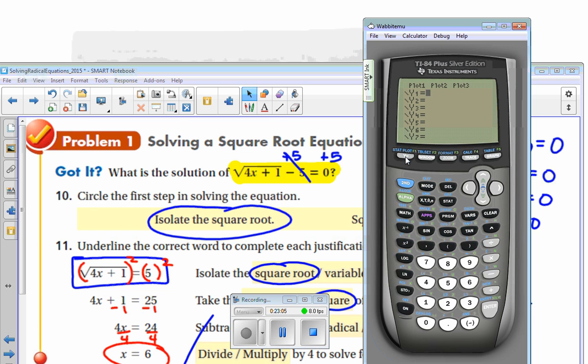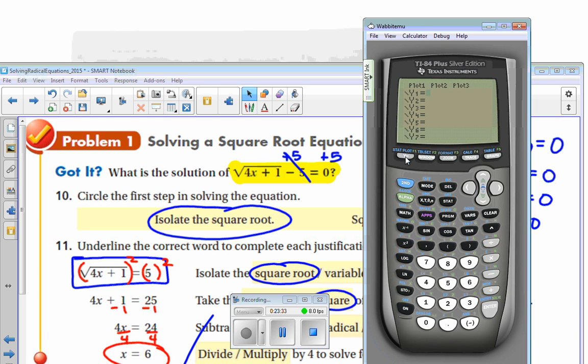Because all the squaring of both sides does is get rid of the radical. It just gives you what's underneath the radical. The square and the square root undo each other. Okay? That's all that does. That's the whole idea. Once you get the radical by itself, then you can square it and it's gone. Okay? And then you're just left with what's underneath. You don't actually square what's underneath the radical. Okay? All right, so